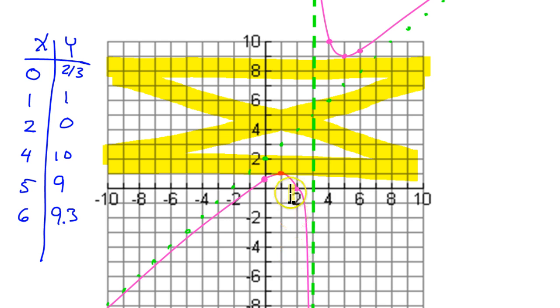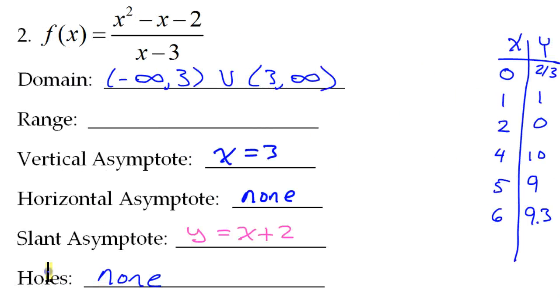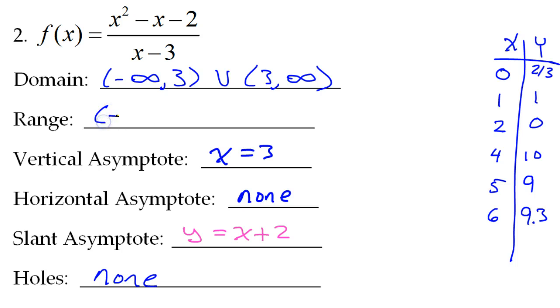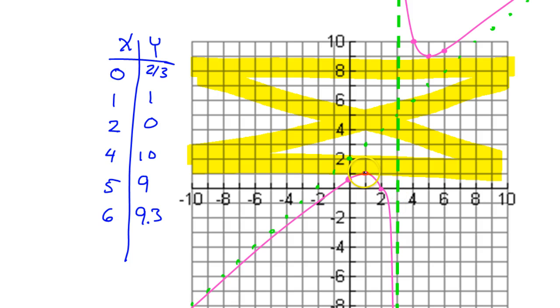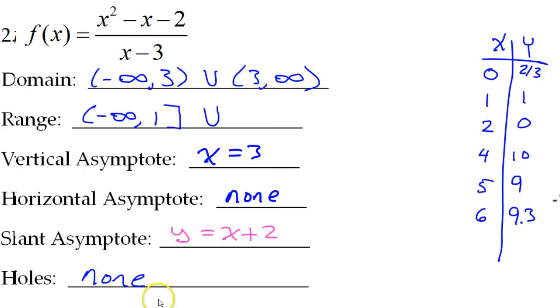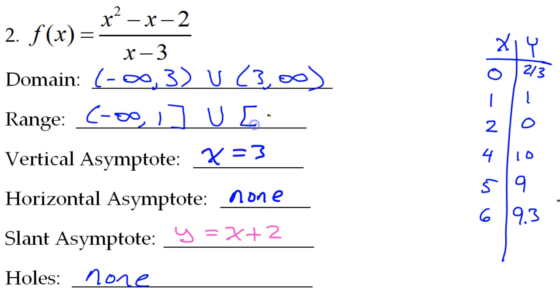So the graph is coming up from the bottom, so that's going to be negative infinity to 1. That top value is there at 1. So negative infinity to 1, and then it's going to jump up here and go from 9 to infinity. Alright, bottom to top. Now this time we're going to put a bracket on it. It's not an asymptote or anything. It touches 1. It hits it. So it's included. So negative infinity to 1, and then it jumps up and picks up at 9 and goes from 9